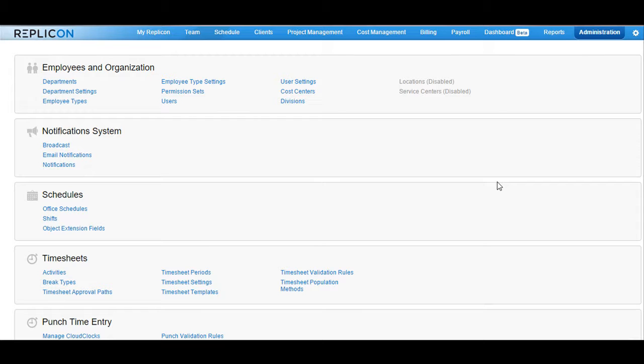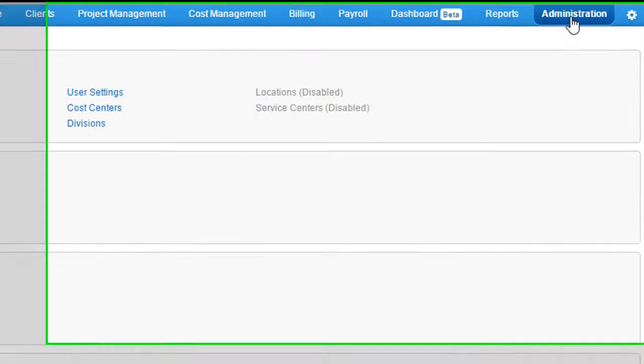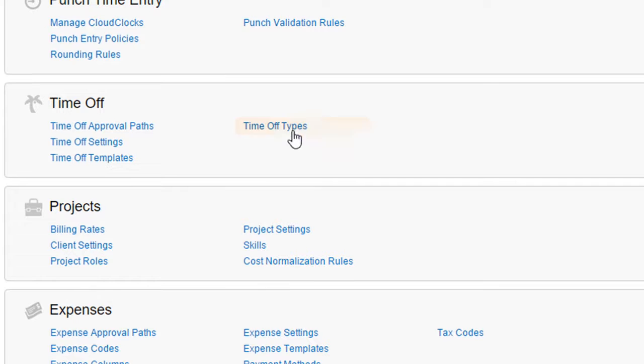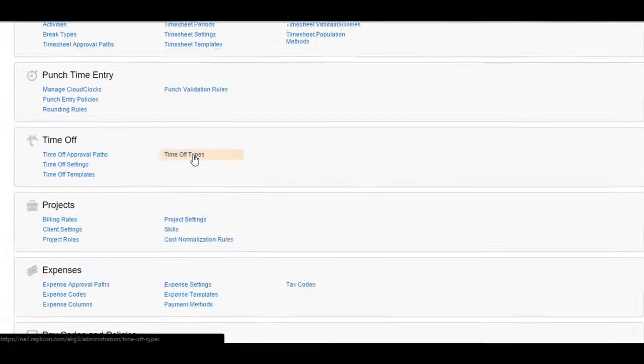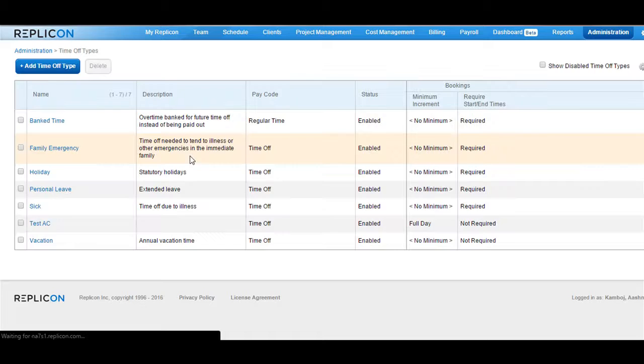I am now logged in to the Replicon instance. In order to create a new time-off type, go to Administration and click on Time-off Types available under the Time-off section. Click on the Add Time-off button